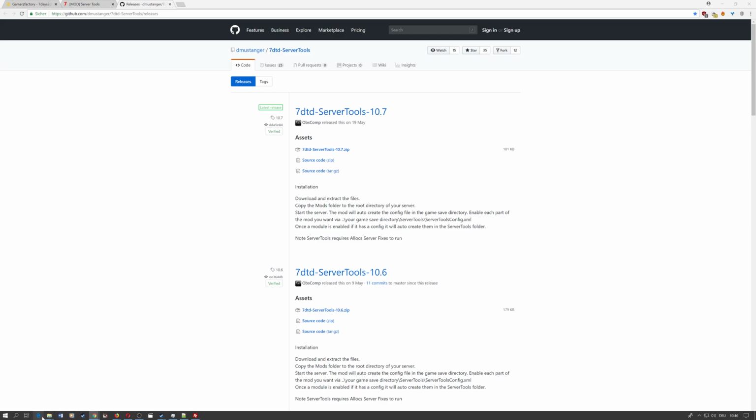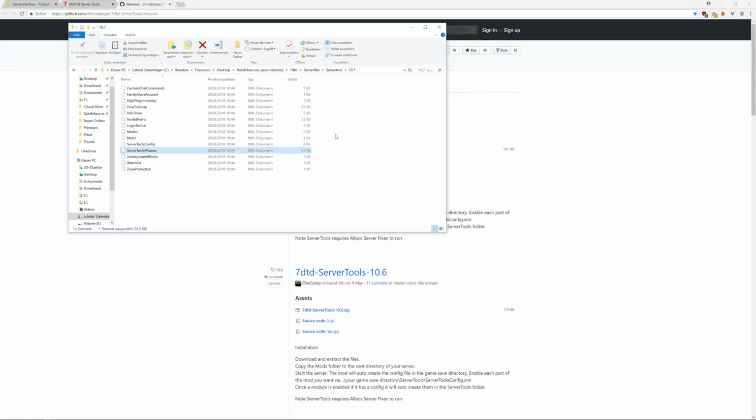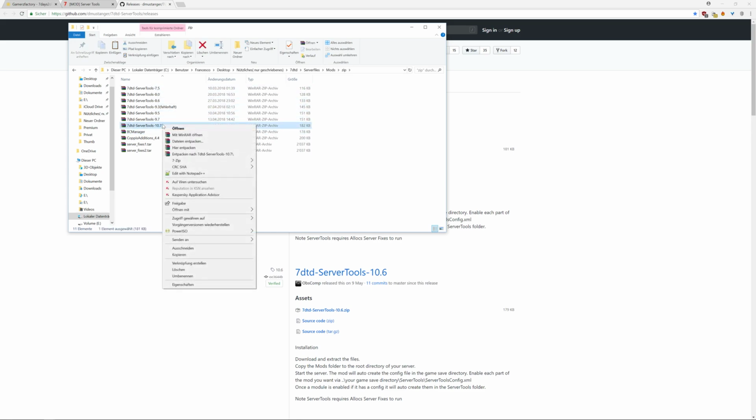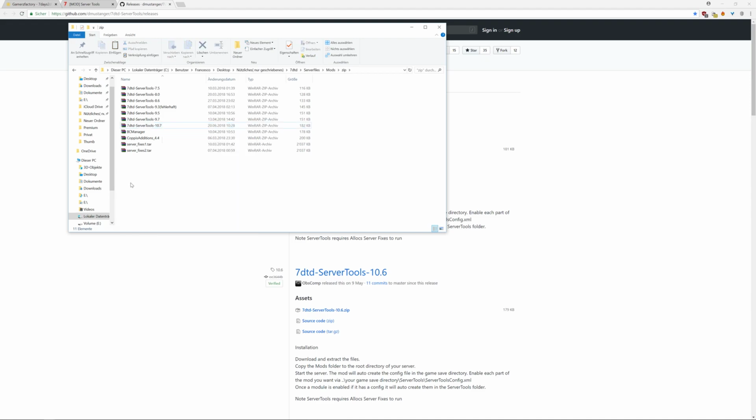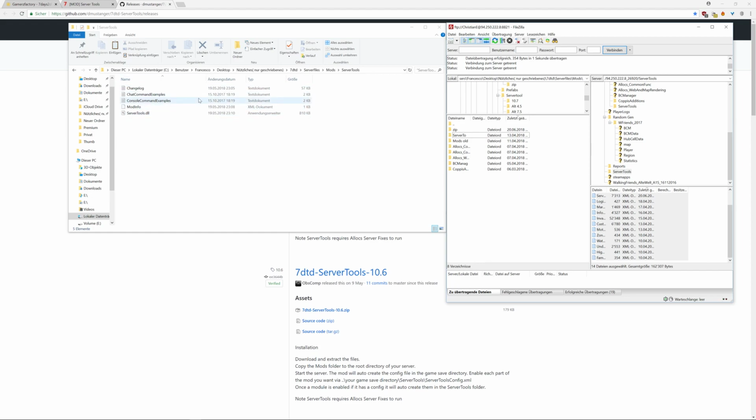This zip file, I'm just going to show you. Here it is. Server files, exactly, and then mods zip. You're then going to have a zip file. Here it is. You're going to unzip it. Then you will have data in it. Then you will receive a mods folder. This mods folder will contain afterwards, in Servertools, these 5 files. These 5 files you're going to drag and drop into the